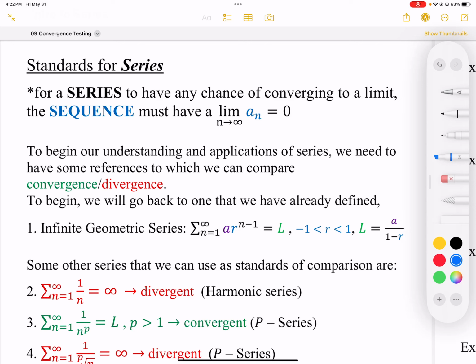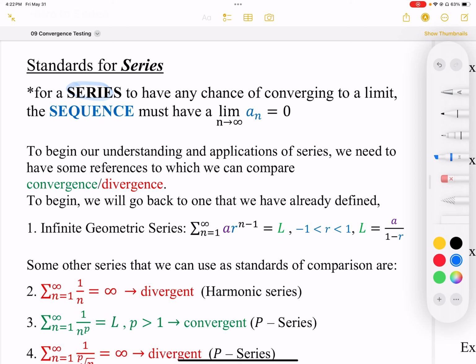So we want to find convergence and divergence of series. Okay, we want to end up with series. Now, up to now, we just started today with looking at sequences, and those are important because for a series